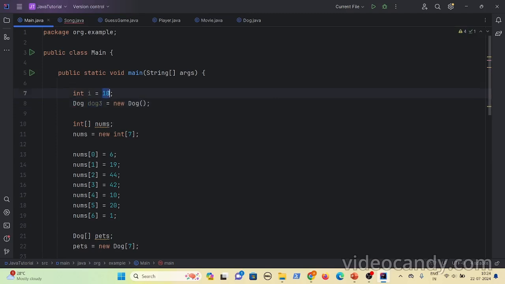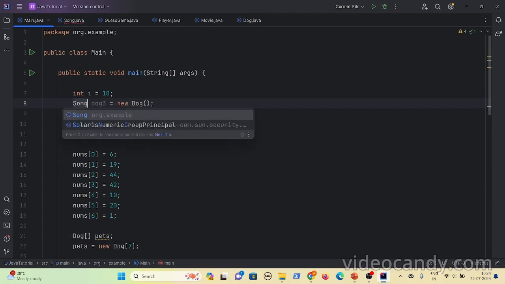But here, instead of assigning values directly, you are creating a new object: new Dog(). So now you have created a Dog object and you have assigned it to a variable of type Dog. You did not assign it to any Song type or Cat type.